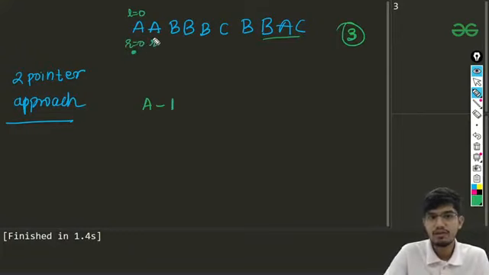Now R is pointing here, so we take a again. But now we'll make a counter too, which I'm calling the temporary count, t count. Initially it is 1 because we have a here. Then moving on, a is incremented to 2.